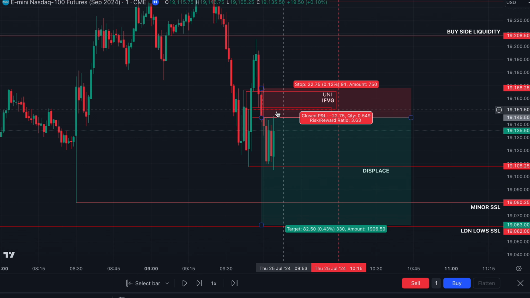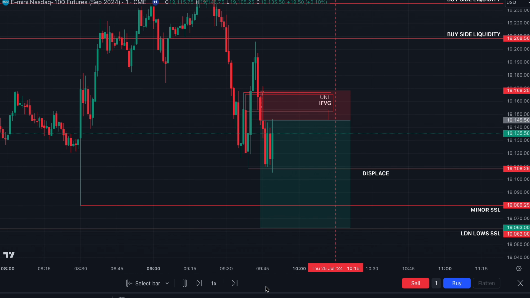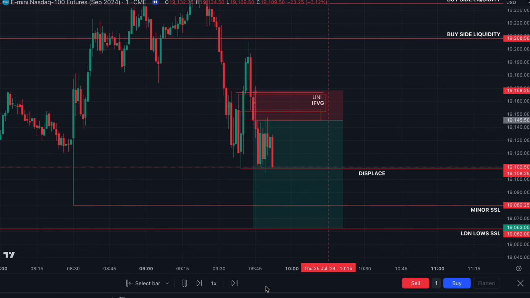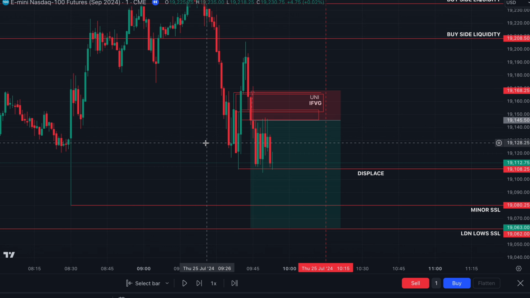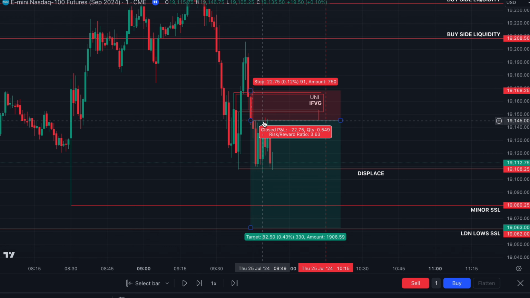So now price has come up inside of the macro and tapped this bearish 2 minute gap. We entered short, and now let's see how this trade plays out. I'm just going to pause it quickly. Look how many times it tapped into that bearish gap. So it gave you 1 entry, 2, 3. It gave you 3 entries to go short. So a lot of people managed to take this trade. It's not like it just tapped it once and it went. Sometimes it does that. It gave you 3 times to enter short.